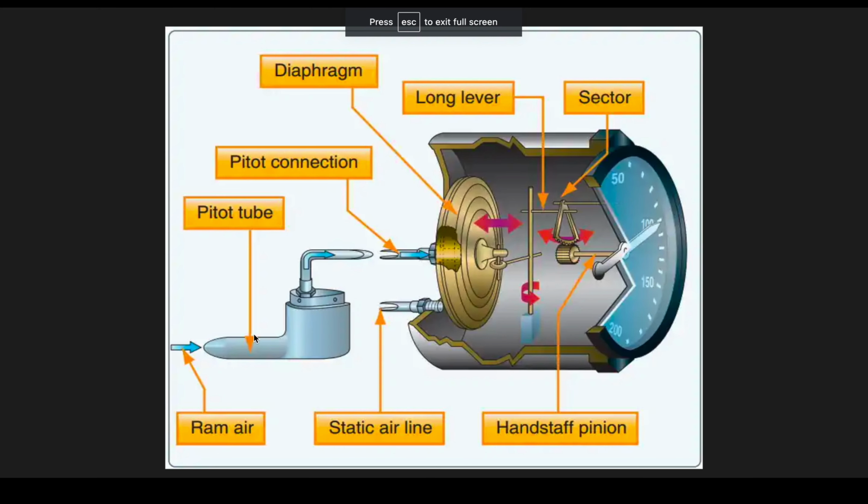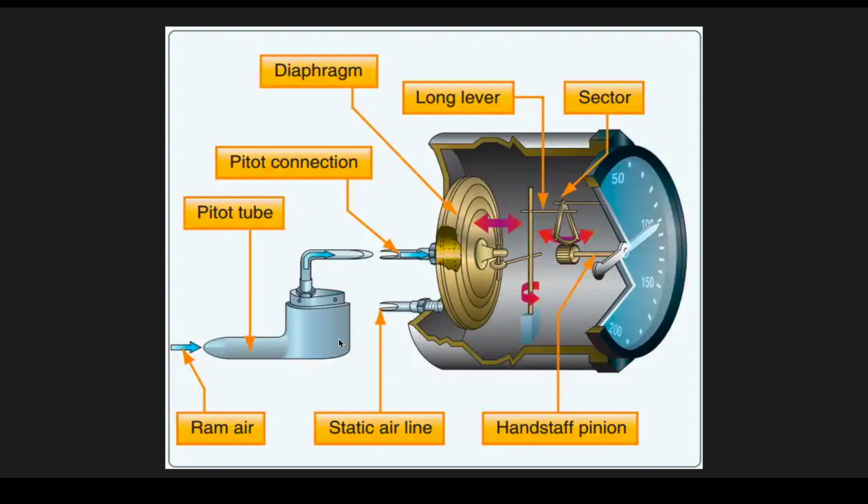So you have something like this. You have ram air coming in by the wing somewhere, or maybe on the nose of the plane, coming in the pitot tube, pushing on this diaphragm, moving these linkages, which then move the little needle on the front. The static airline just fills it with air, and it basically is measuring the difference between the ram air pressure and the outside air pressure. We want to make sure that that line stays open because we need to know the actual outside air pressure so we can measure the same air versus the same air, but this is moving fast,